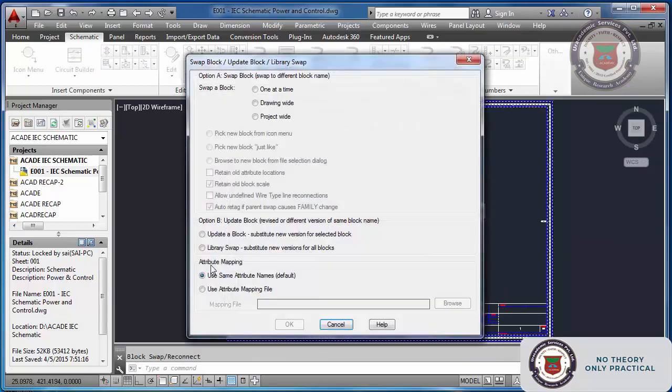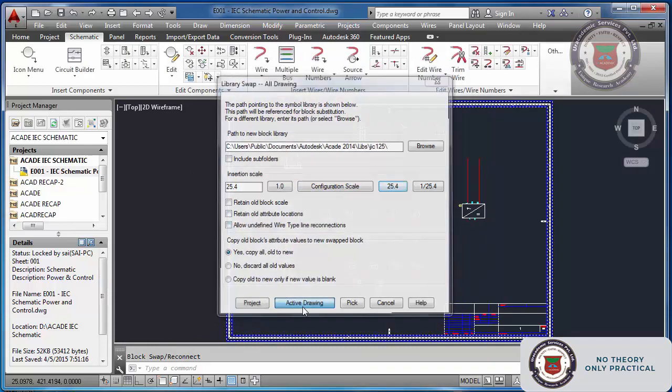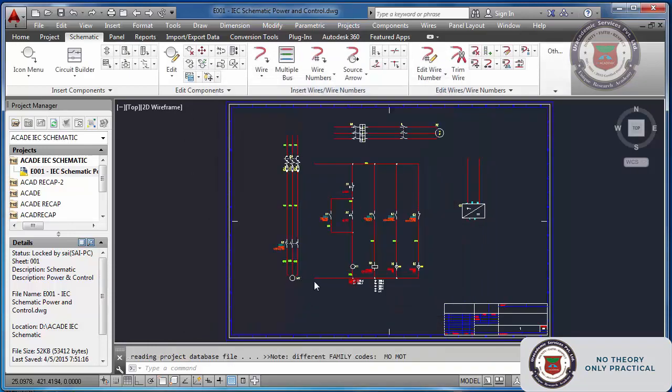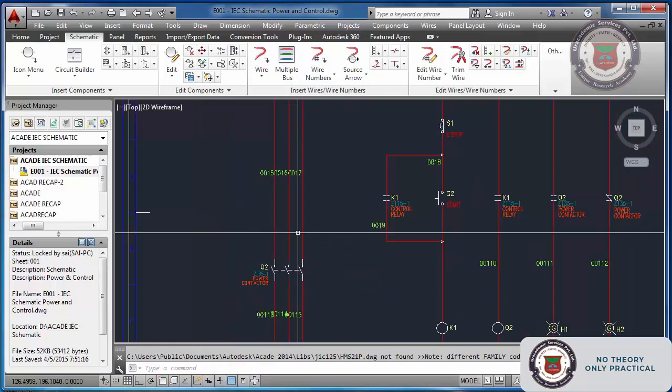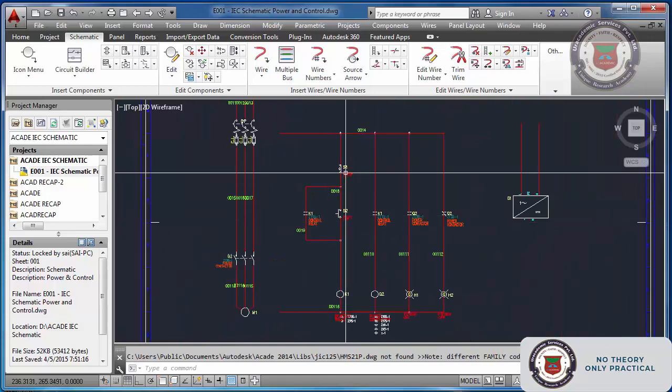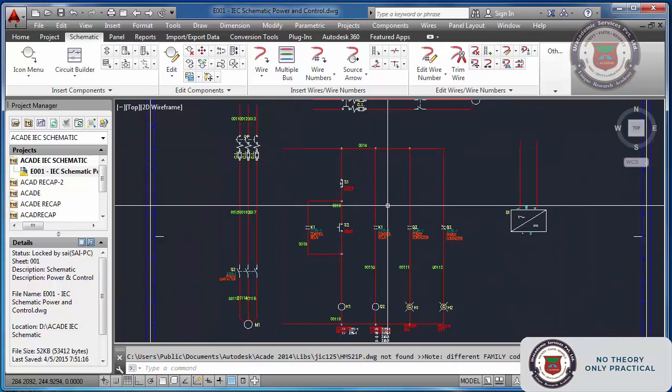Swap, library swap. Okay, it's 25.4. Active drawing. See, all the symbols have changed. The contactor, push button. See, the MCCB, everything you can change.